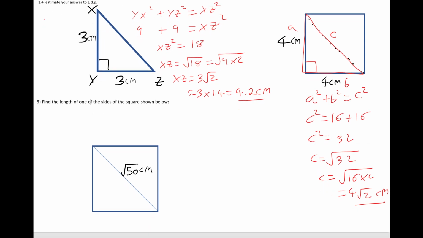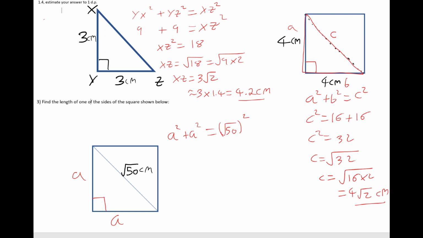Finally, find the length of one of the sides of the square shown below. Well, I know the square has all of the sides equal, so if I call each of the sides of the square a, I can again use Pythagoras' theorem because I have a right angle. The two smaller sides, a and a, will add up to, well, a squared plus a squared will be root 50